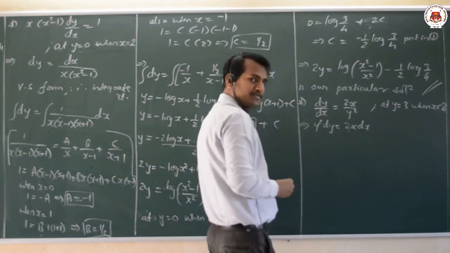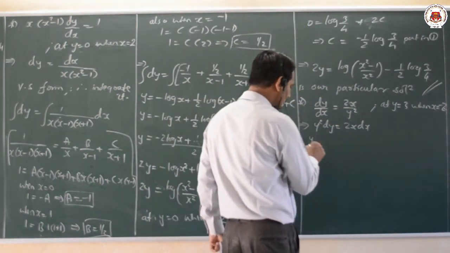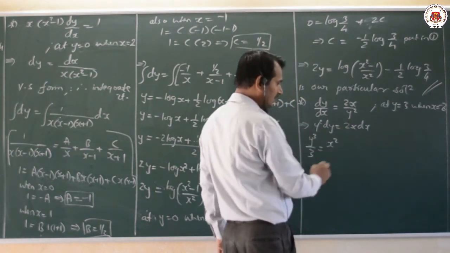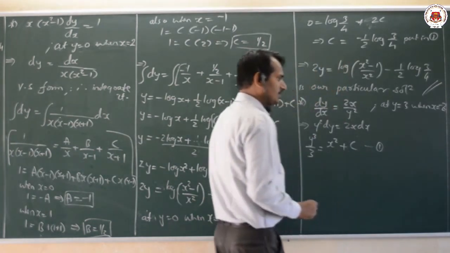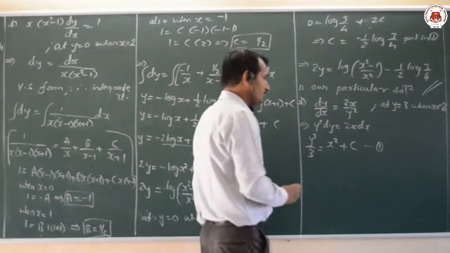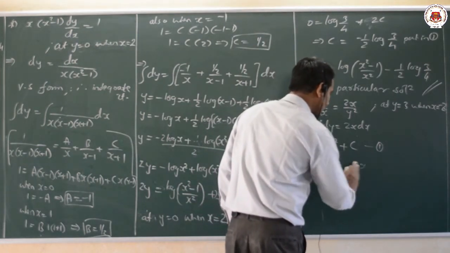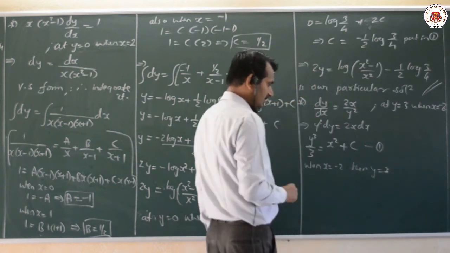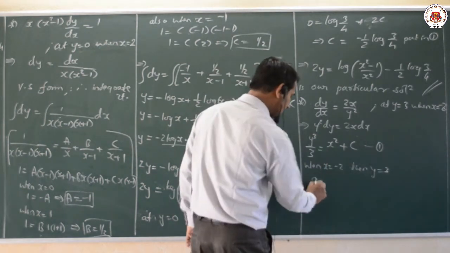Now it is nothing but our variable separable form, I can directly integrate it. So what we get, that is y square becomes y cube by 3 equal to 2 into x square by 2, 2 to get eliminates, plus an integral constant c here. It is nothing but our equation number 1. Equation number 1 means here what it is, general solution. Now I will substitute the values, that is when x equal to minus 2, then y is equal to, the value will be 3. Substitute it, what we get, y is equal to 3 means 3 3s are 9, 9 3s are 27, 27 by 3, that is nothing but 9.